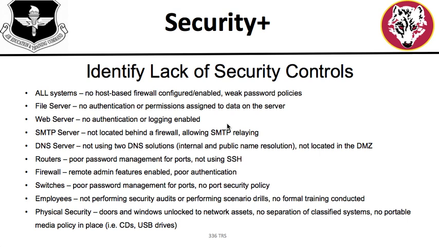Some of those errors in security controls are things such as systems with no host-based firewall configured or weak password policies, file and web servers with no authentication, logging, or permission assigned, SMTP servers that are not located behind a firewall, allowing SMTP relays, DNS servers not using two DNS solutions, routers with poor password management for ports as well